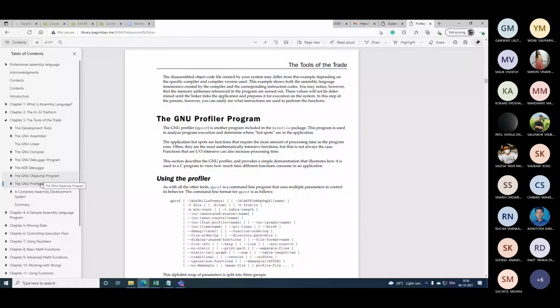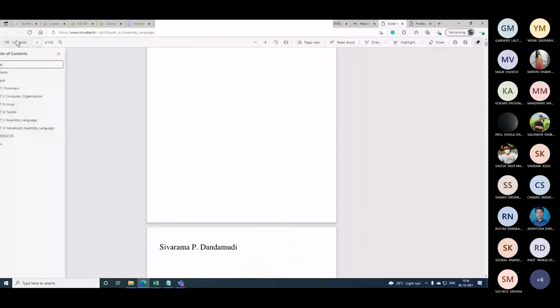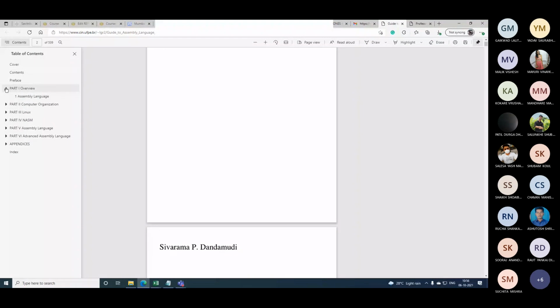Fine. After you are done with this, you simply switch to this book. You can skip part 2 completely, we are not interested in it much. Parts 2 and 3 you can skip completely. You can directly start with installing, and then debugging assembly language programming. Actually, programming starts here. Your actual programming will be starting here.